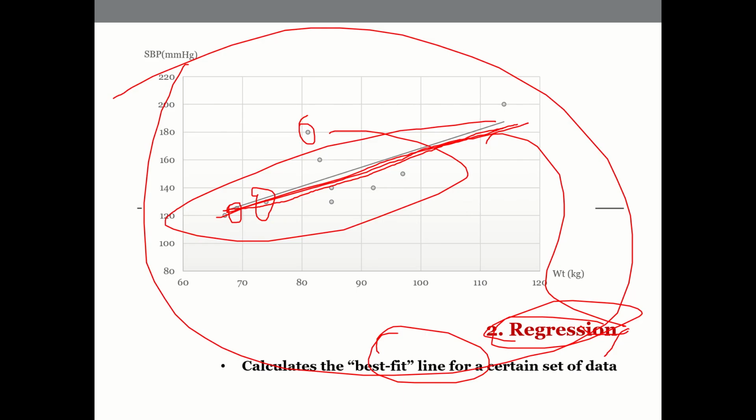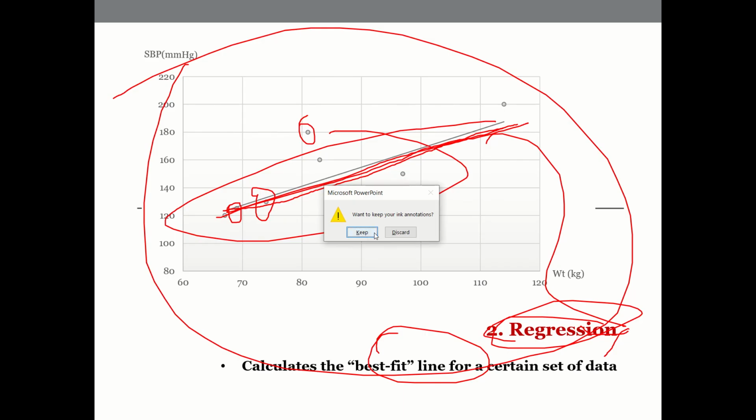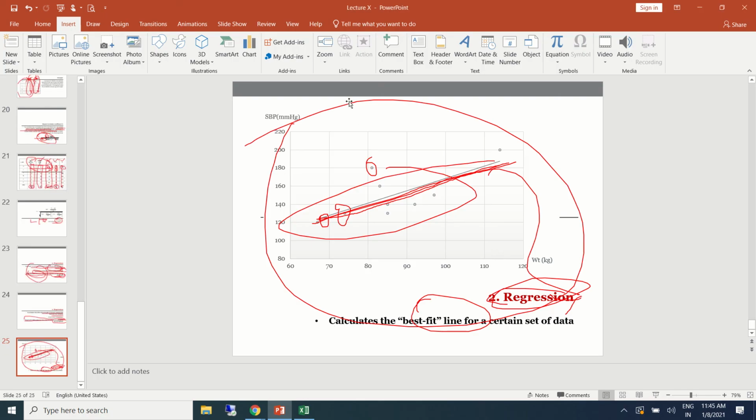So this is very briefly what I have put about correlation and regression, and we can use this for our research purposes. It depends on the question that you are trying to ask. Based on that question, you can use correlation, you can use regression to come out with possible